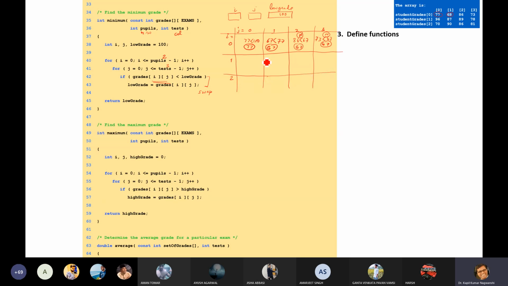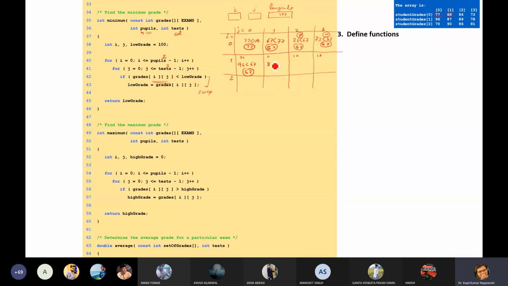Now go to the second. Now the second iteration of i will start. Inside that i, we have 1, 0, 1, 1, 1, 2, and 1, 3. Inside that, it will compare grade i j. So grade 1, 0 is what? 96. Is 96 less than 67? No, so 67 is still the minimum. Similarly, 87.